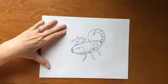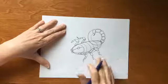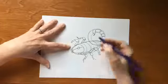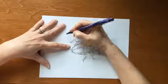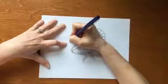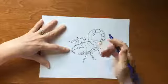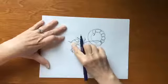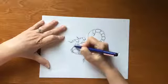If at any point I'm drawing faster than you're drawing, pause me, draw in your ovals, and then hit play, and I'll be right here. A little tiny oval for the foot, and then that arced toenail, claw, whatever it is. Last one, coming right up off that face, skinny oval,